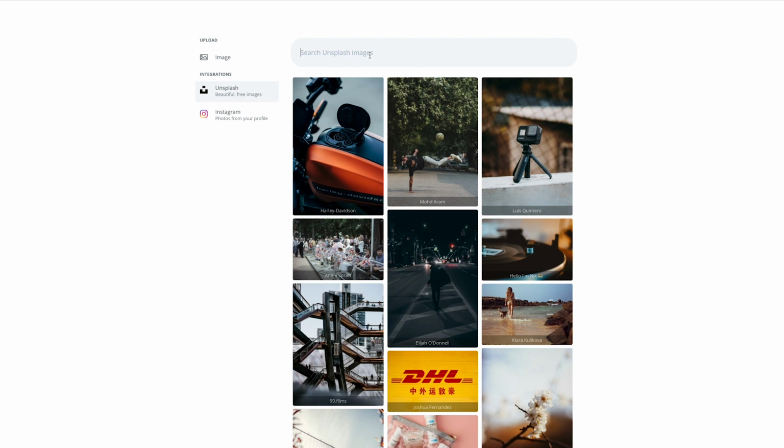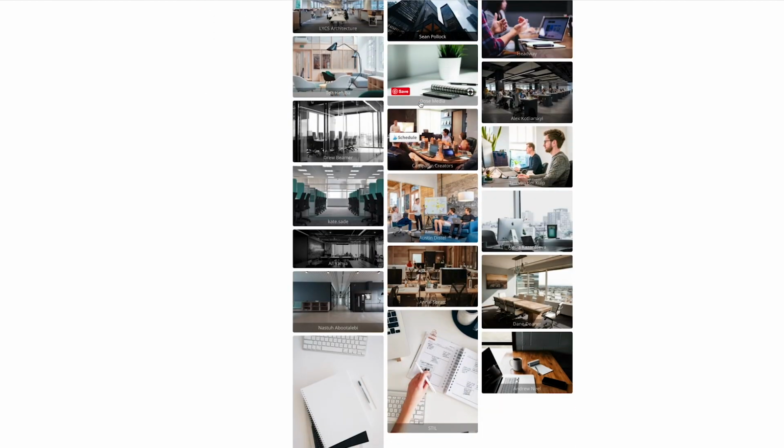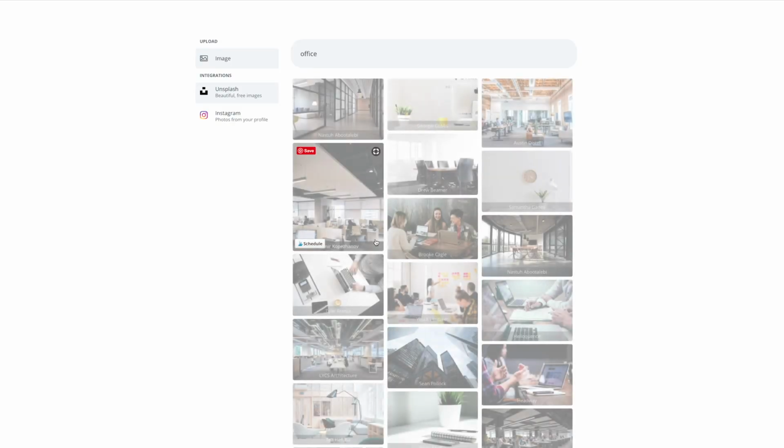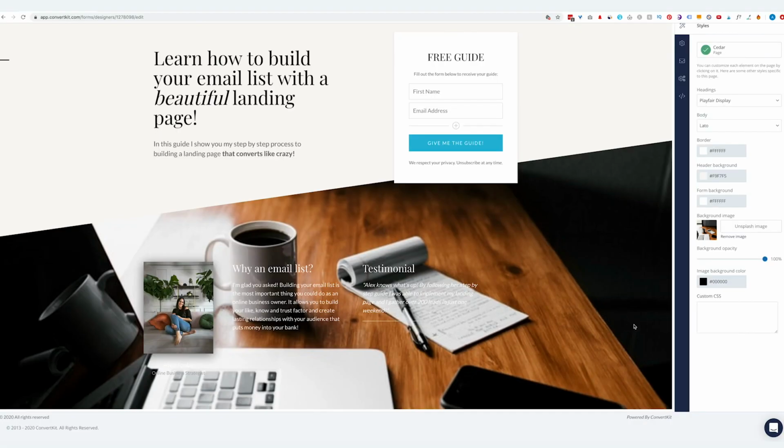So I'm going to use Unsplash, and I'm just going to search for an office photo, and I'm going to take a peek at what we have here and maybe click something like this. So I've chosen this image, but it doesn't actually work that well. As you can see, it's a little pixelated and all of my text sort of gets hidden. So I'm going to go back and I'm going to pick a different one. I think what I need is something a little bit darker. So maybe something like this. Okay, so this is better, but again, I'm losing my text here.